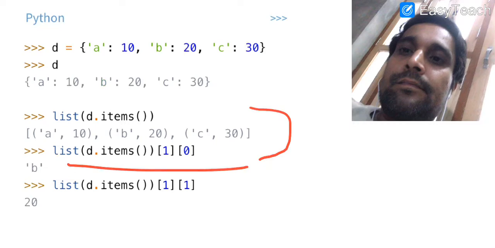Our next function is the pop function. The pop function also needs two arguments. From these two, the second argument or parameter is a default argument, and for the very first argument we need to pass a valid key available in the dictionary. If that particular key is available in the dictionary, then its value will be displayed to the user. It means if the key is present, d.pop(key), dictionary name dot pop, and you specify the key, then this key will be removed and its corresponding value will be shown to the user.